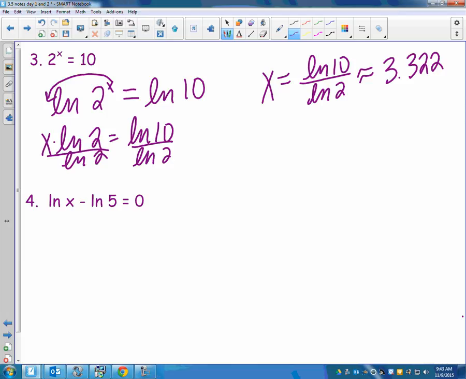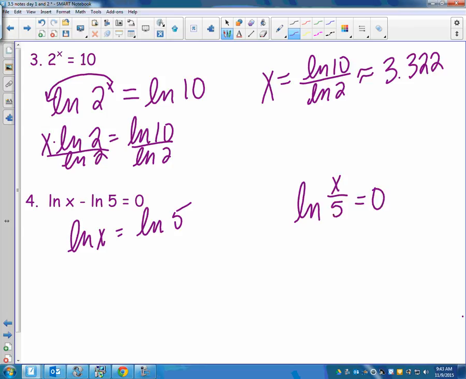So is it okay if I add the ln over there? ln of x equals ln of 5. I'm going to do it both ways just to show you. Could I also write that as ln of x divided by 5? Both are two ways to think about simplifying that into one logarithm. I think that way is the easier way, but